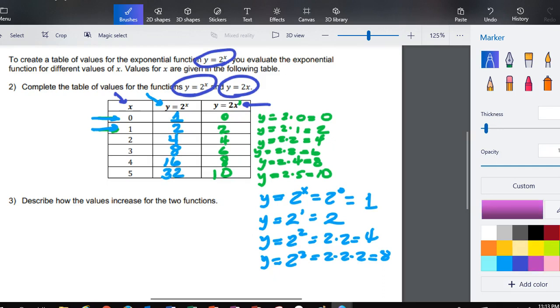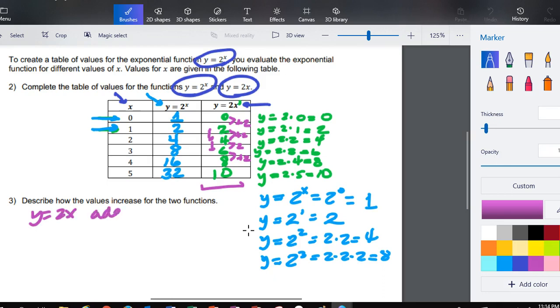Question 3 says, describe how the values increase for the two functions. I want to start back at our linear. Looking at our linear, we go 2 to 4 to 6. Well, what's happening? From 0 to 2, I went up 2. From 2 to 4, I went up 2. From 4 to 6, and so all of these in the y equals 2x in the linear, to go